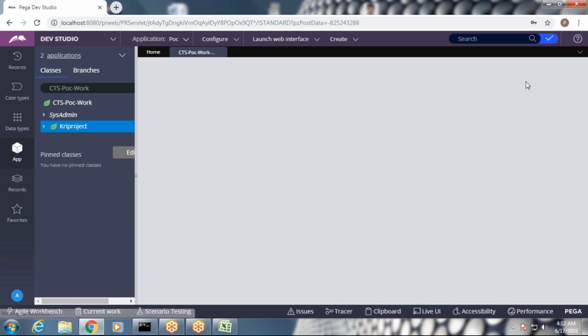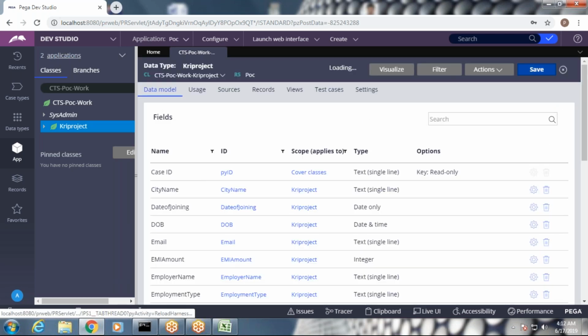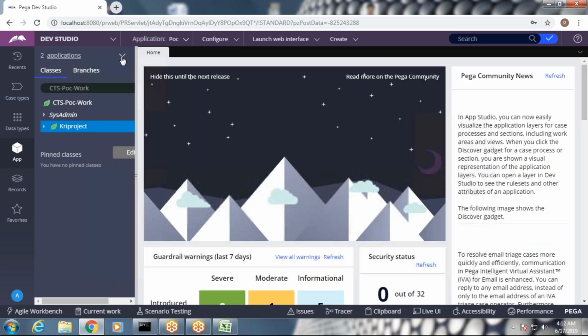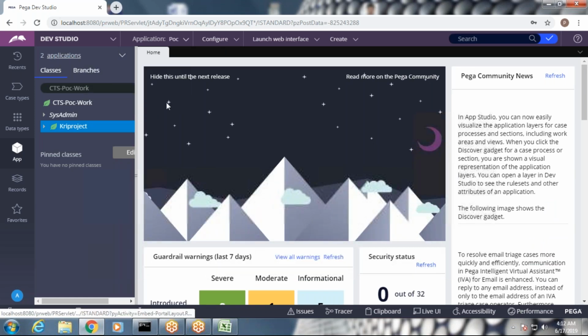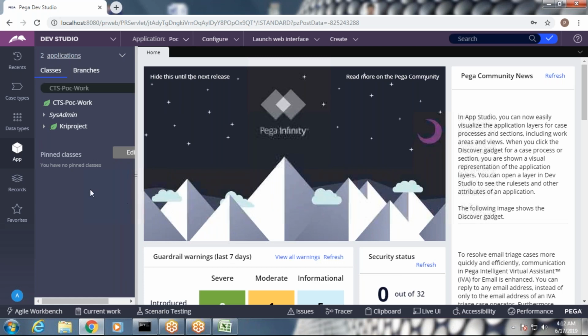So what is the next step? Tell me now. We are going to add one more flow under collect info, right? Where do you have to add the process?